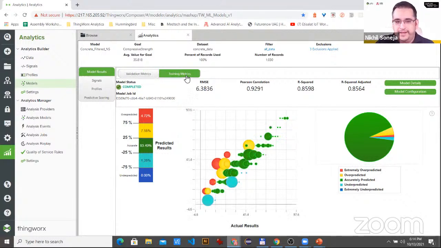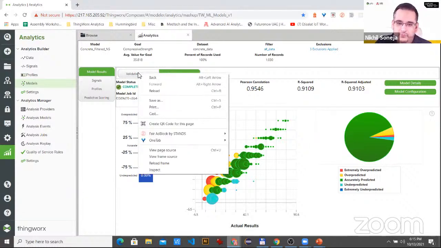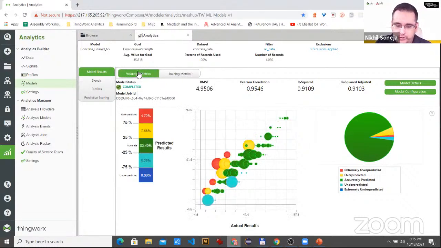So it splits it into, remember, 80% of the data is used for training and 20% for validation. So this is fairly good. We got 91.22%, which were within the range. So this is good. Like, these coefficients, the RMSE was pretty good. The Pearson correlation was also quite high, which should be the case. Very few things fell outside. There were a few that were over predicted and under predicted, but most of them fell within predicted. So this is good training metrics for our data. And when it validated, the validation metrics also showed some good results. So you had like 83.5, and some variation is there, but these are good results.